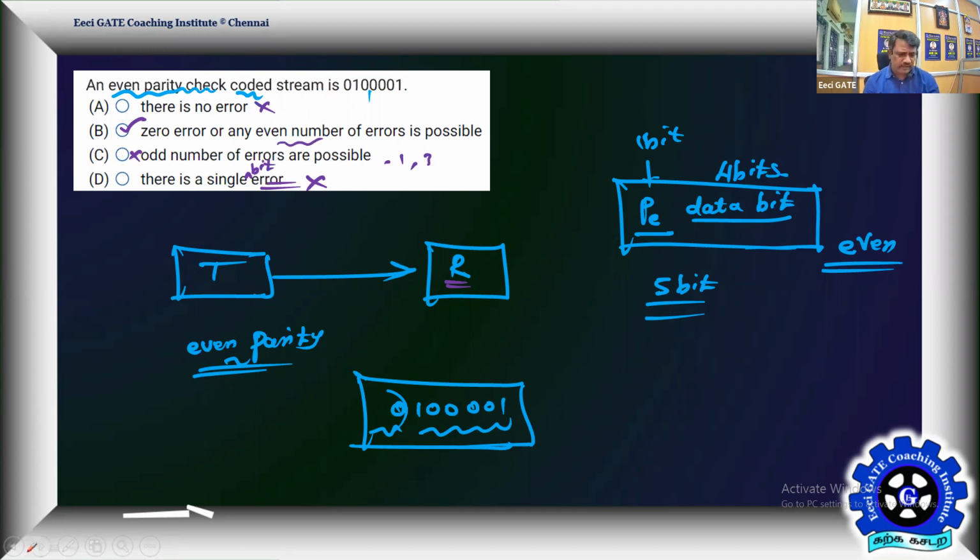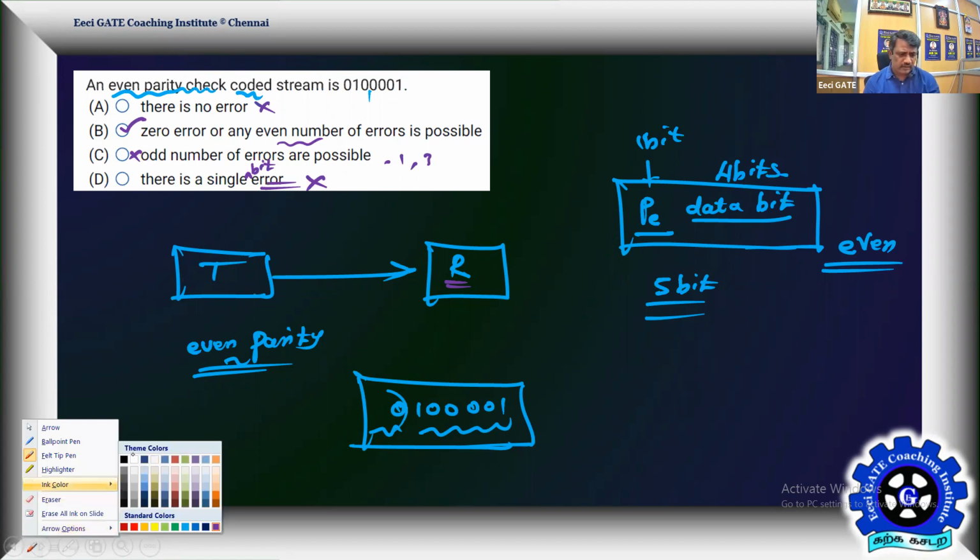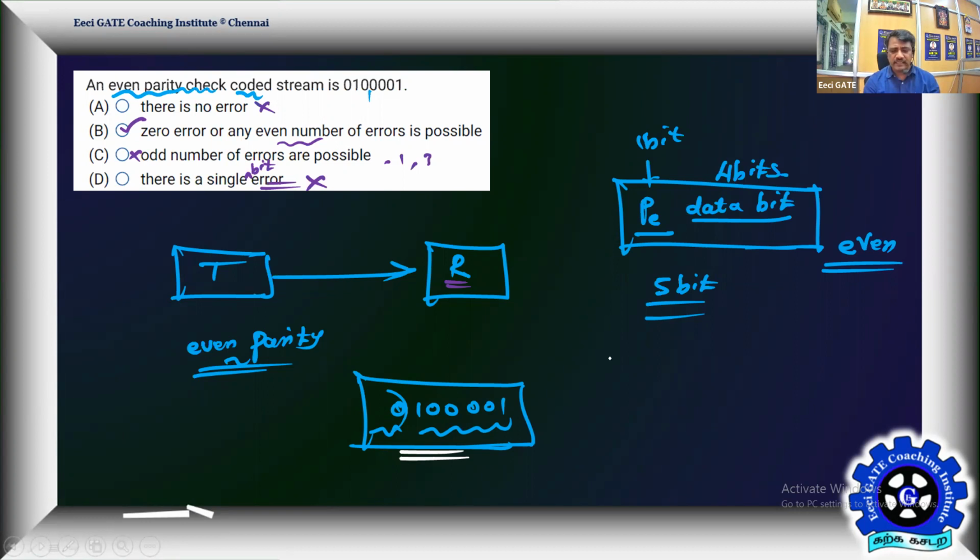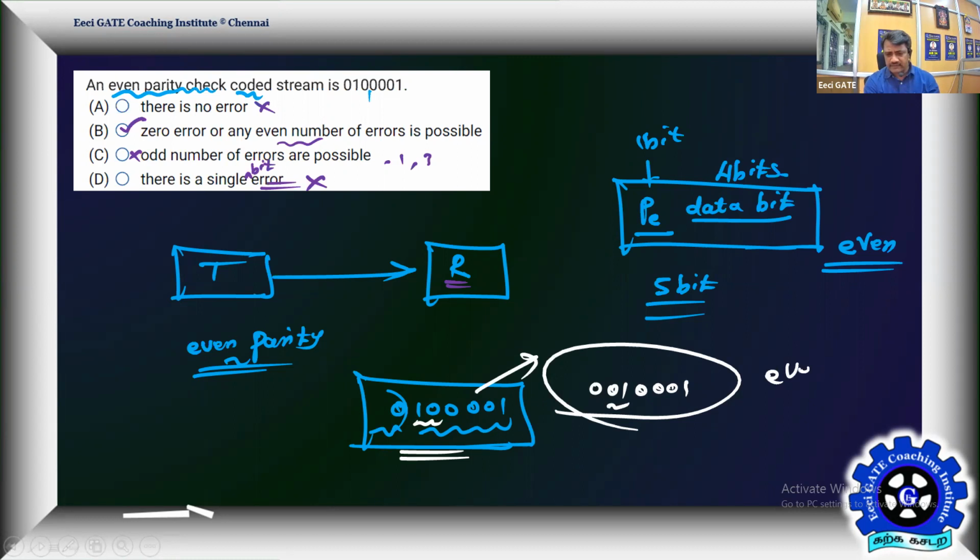Say for example, this is what I am transmitting. This is the code I am sending, and the parity bit doesn't change. In the receiving end, I'm receiving this code, for example. Here the 1 0 changed to 0 1. A 2-bit change happened, and the rest of them are as they are. Now the code still looks even. You can't detect the error.